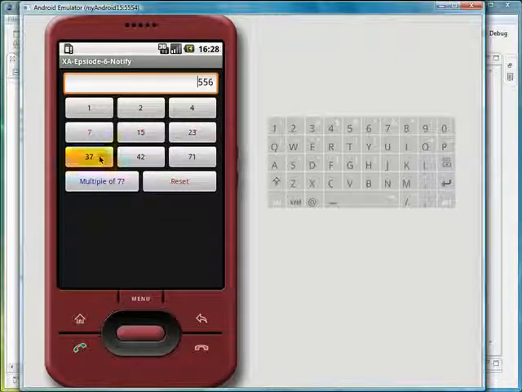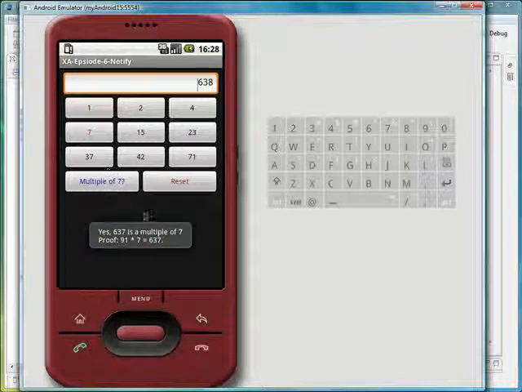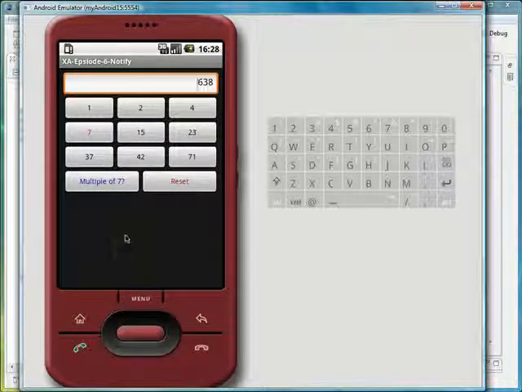And now you can add something, change it, and you see, sorry, that's not a multiple of 7. Still not. No. Oh, and yeah, and 637 is actually a multiple of 7. So you can set any number as the base number and check this number if it is a multiple of that base number, right? And if you want to start over, you can just click that reset button here, and